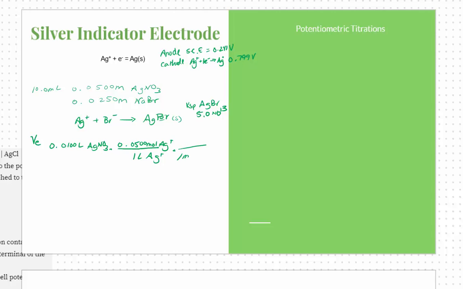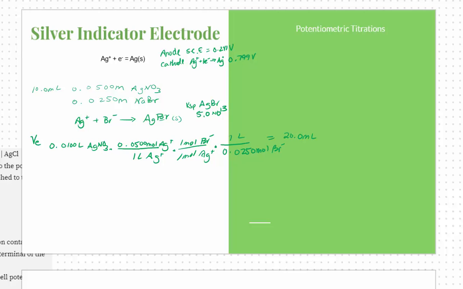So we have, and I'm not going to skip this part of the stoichiometry, 1 mole of silver reacts with 1 mole of bromide. So then I can use the concentration of my sodium bromide solution of 0.0250 moles per liter in order to find out that the VE, or the equivalence volume, is going to be